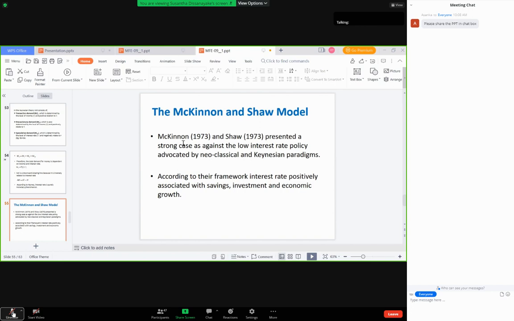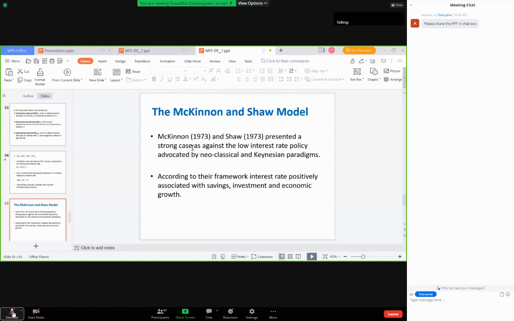We are studying all these things, and then we are doing evaluation and research, and then we identify which is the most suitable for our economy, as well as in a global context. So for all this crisis situation, what is the most suitable one? Fine. So then in McKinnon and Shaw, when you talk about them,